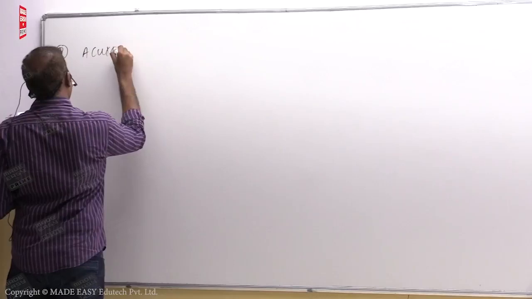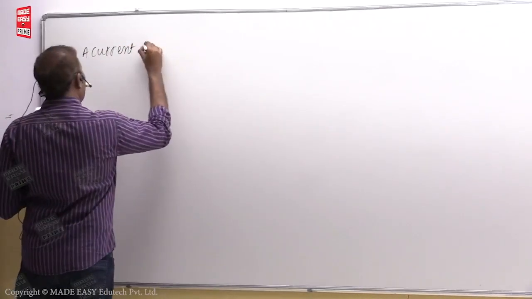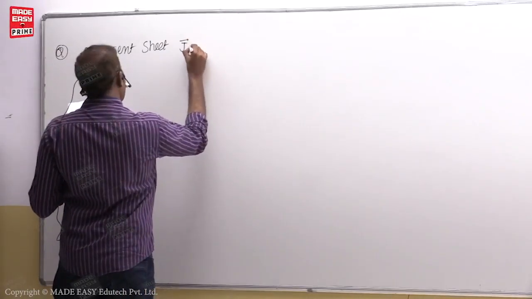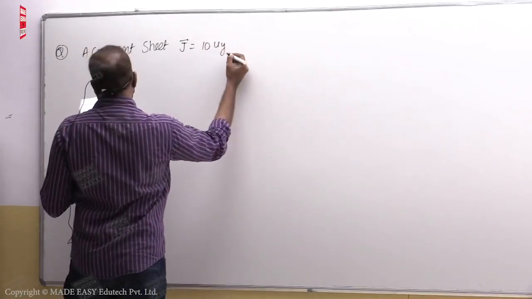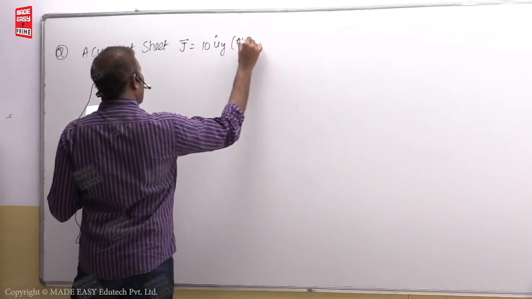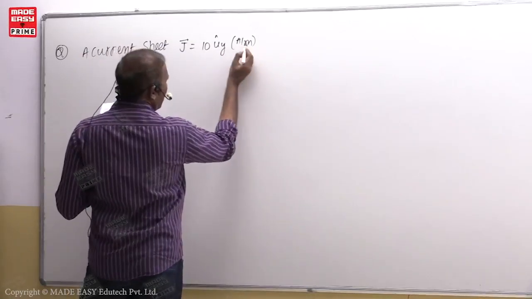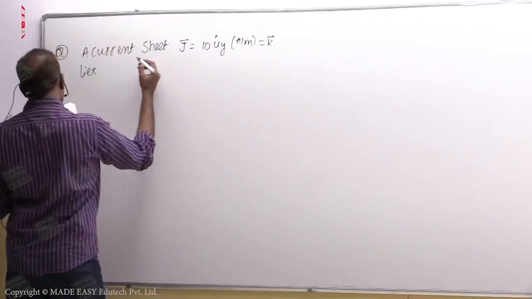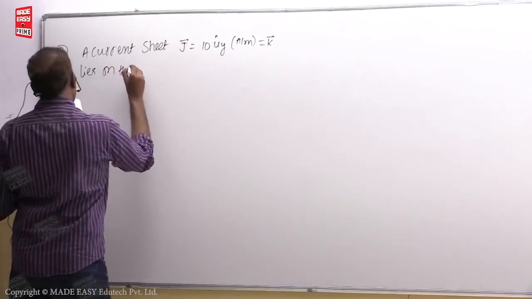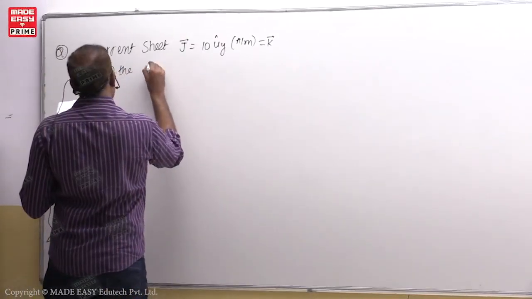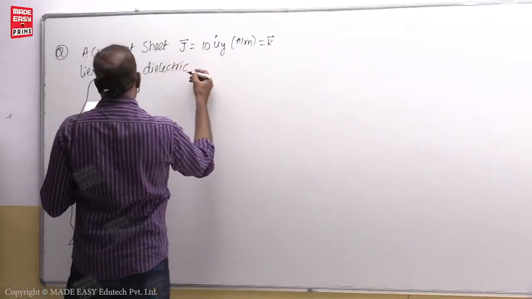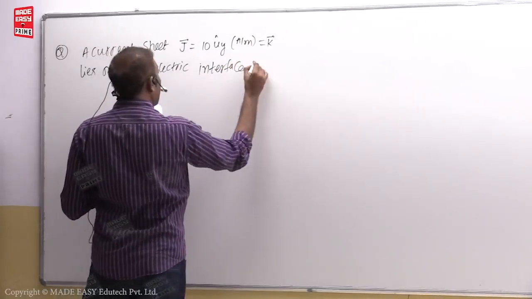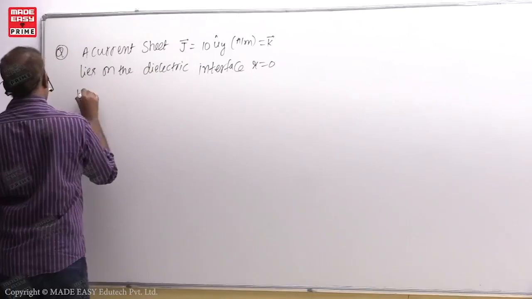A sheet J bar of 10 UY cap ampere per meter. That means this is surface current density actually, because ampere per meter means that is surface current density, student. Lies, that is why sheet is given. Sheet means surface. Lies on the dielectric interface. Dielectric interface means boundary only. Interface x is equal to 0 between